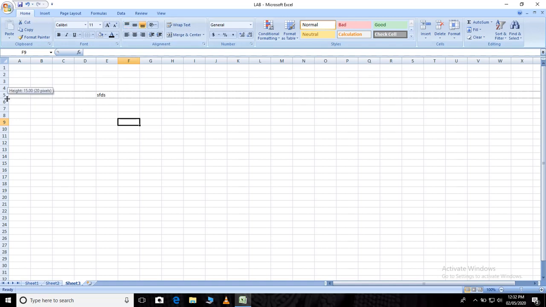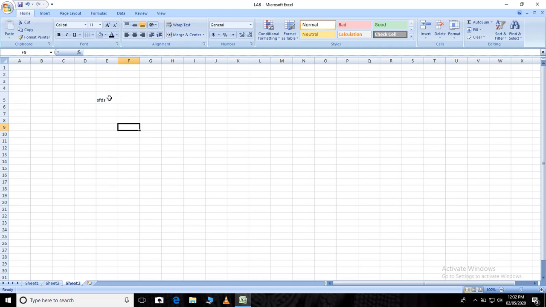I'll just show you how it will change. Now you want to change the alignment of this text. See, this is for left side, this is for right side, and this is for center. If you want to move the text left, right and center, you can use these three. And this option is for vertical movement of the text. These are three commands. This is for horizontal movement.